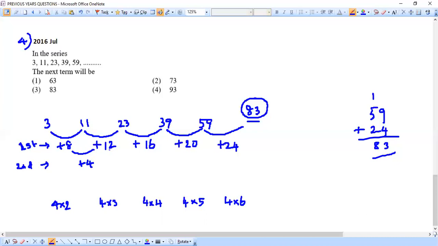Yeah, I think now it is clear. 12 to 16 is again plus 4. Next, 16 to 20 is once again plus 4. So that means we are now able to see what comes here in the second difference. The second difference is also giving us a nice idea, plus 4, plus 4, plus 4. That means what next will come here, I can guess, will again be plus 4. That will give me here plus 24. And with that also we can do 59 plus 24 and get the answer as 83 finally. So our answer is 83, which is matching with option 3. That's it.